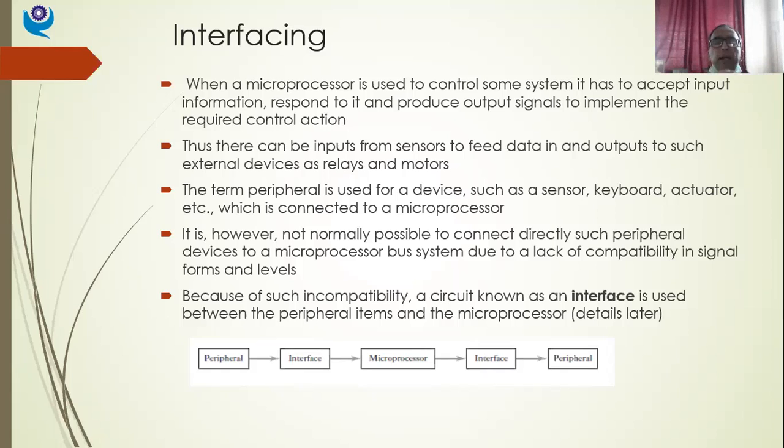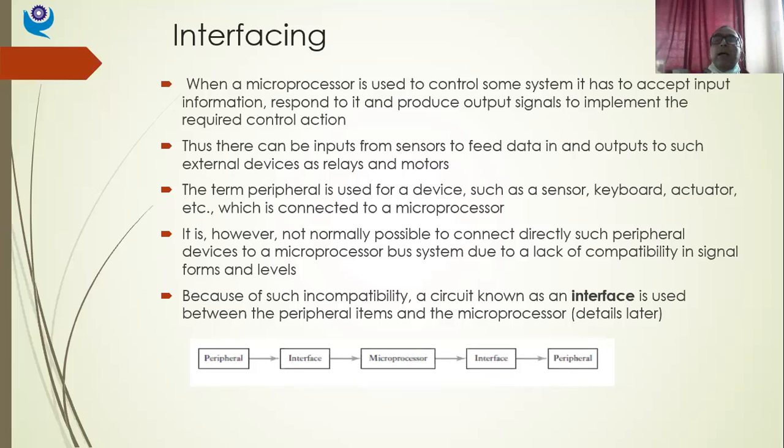So these peripheral devices are used. Now, these peripheral device inputs or the sensor transducer data, which is to be processed by a microprocessor or a microcontroller, has to be in a compatible form, that is, a digestible form.